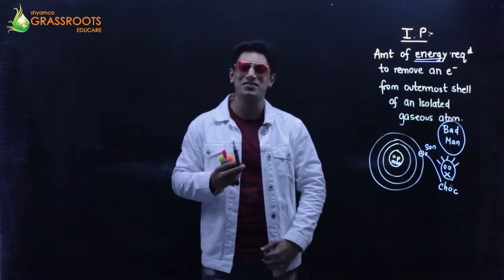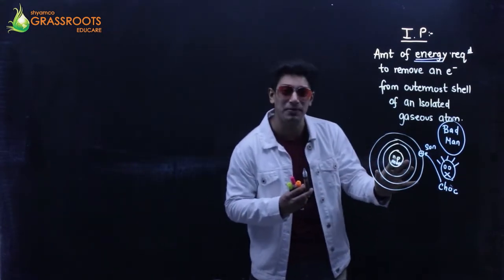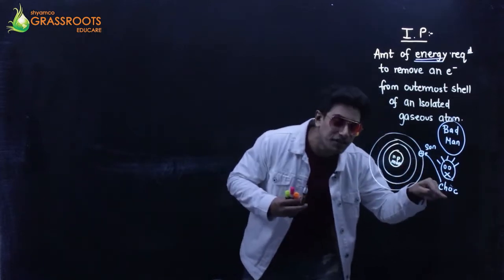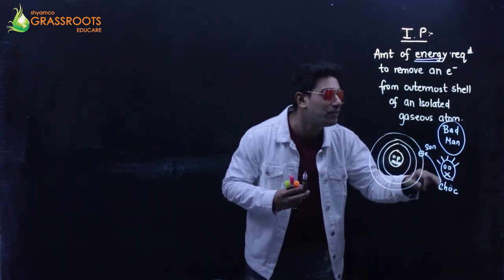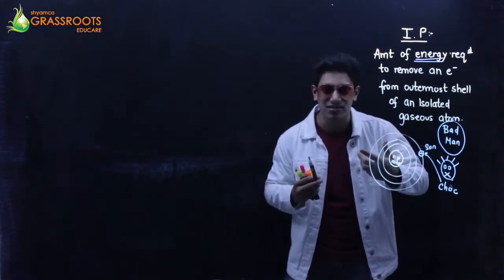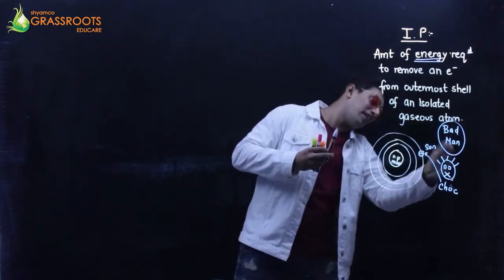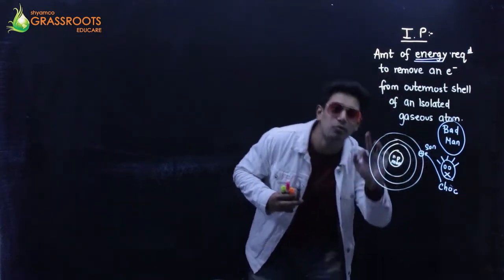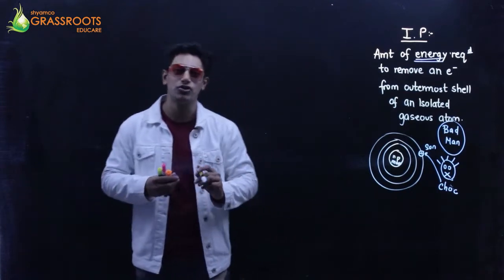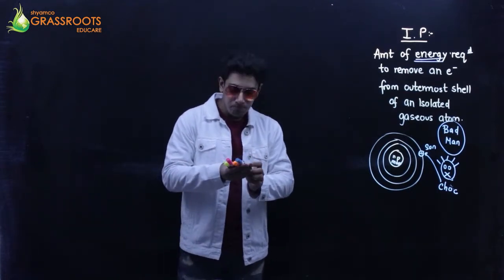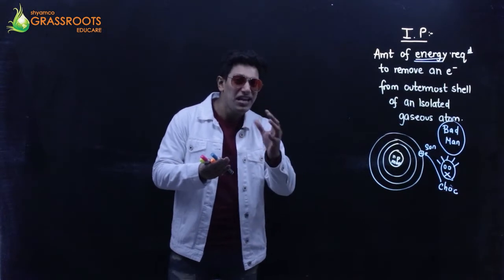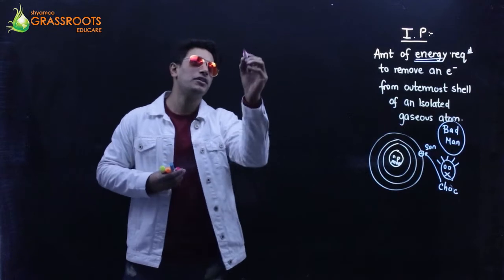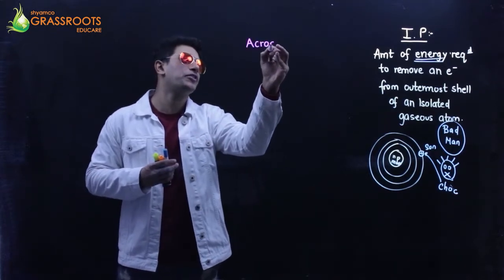We're only going to talk about a single atom as of now, not multiple atoms. So can I say it is the energy? Energy out here is the chocolate. Given by whom? Given by the bad man, or given by us, to remove the electron, the son, from the bond of the mother, from the outermost shell. That's ionization potential. So if I talk about the behavior from left to right in a periodic table, can I start with across the period?